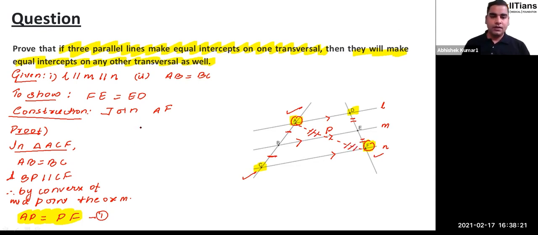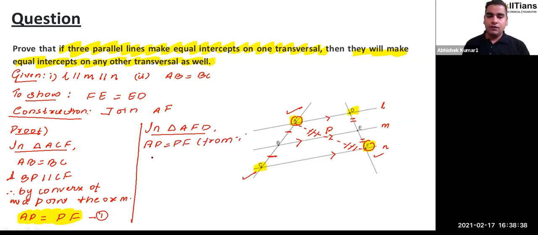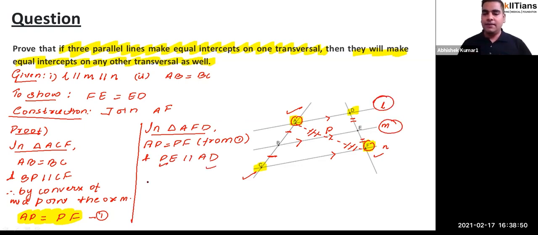Now we are going to move to the other triangle. If I consider triangle AFD, in triangle AFD, AP is equal to PF, right or not, from the first result? Okay. And what do we have? You have PE parallel to AD. Why? Because line M is parallel to line L. So PE will also be parallel to AD, because P is a part of M and AD is a part of L. So by the converse of the midpoint theorem,